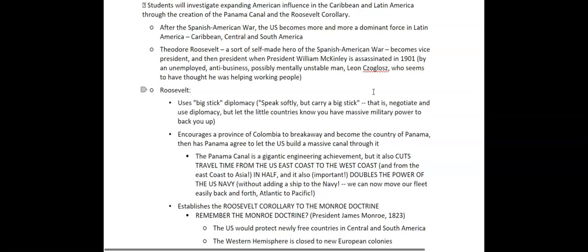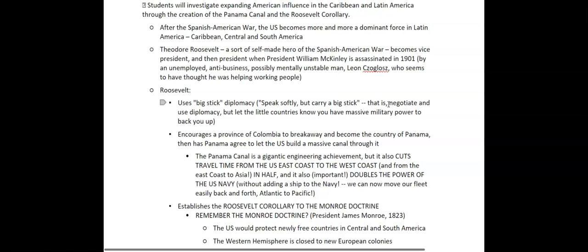Why? We are becoming the big economic dog down there. Theodore Roosevelt, a sort of self-made hero of the Spanish-American War, had formed his own regiment, fought in it, and become famous for having fought in the Spanish-American War, and immediately became vice president. McKinley has to run for re-election. He takes Roosevelt on as his vice president. But McKinley, this is right after the war, 1901, is assassinated by this fellow Leon Czolgosz,